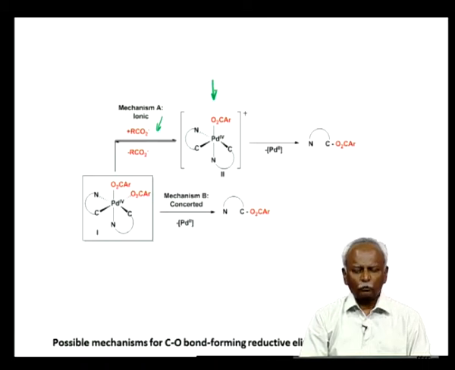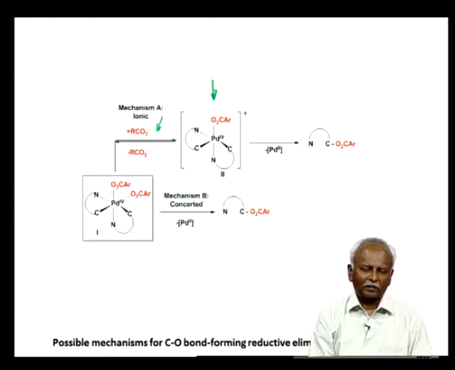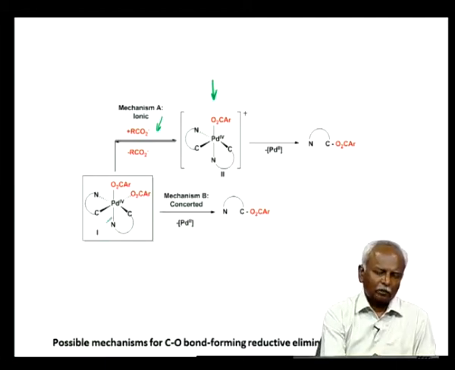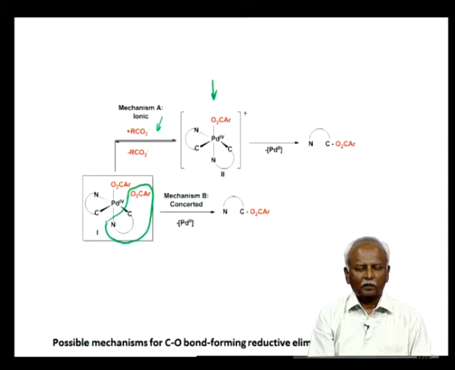So, you could have a concerted mechanism in which the 2 groups which need to be eliminated, which is what I am going to mark out in green here, are eliminated in a concerted fashion and could give you a palladium(II) compound with the organic material which is listed here. So, these are the 2 possibilities, and initial studies in fact suggested that there is no effect of added acetate or the carboxylate anion, which means whether you suppress this formation of the intermediate or not,